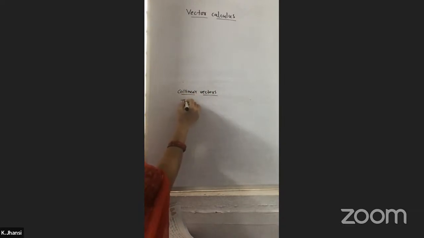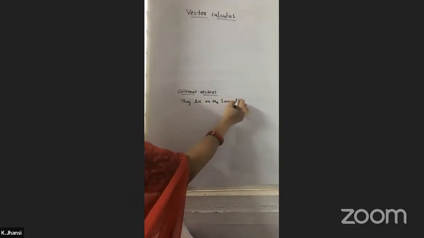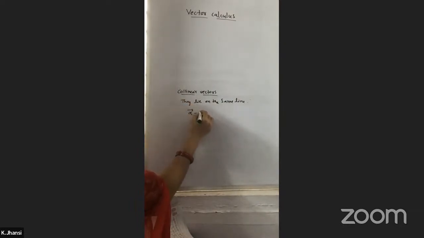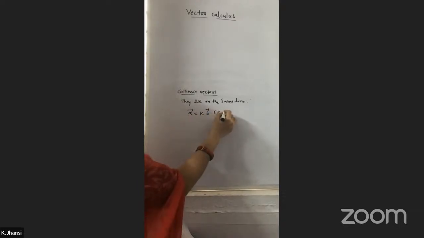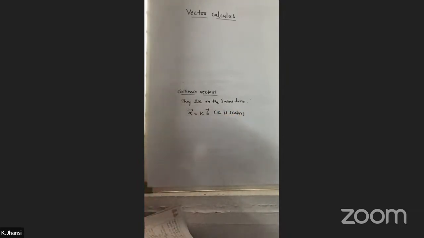So they lie on the same line. And also usually we represent it like this: vector A equals K times B, where K is a scalar, meaning some value it will have. So like this, you represent the collinear vectors. And now let us see the coplanar